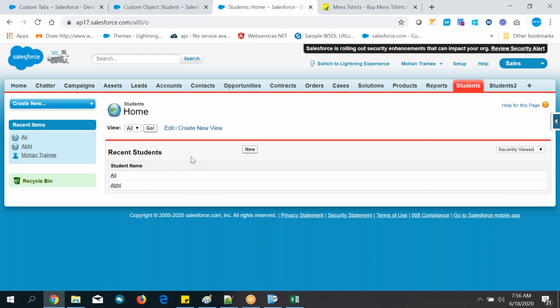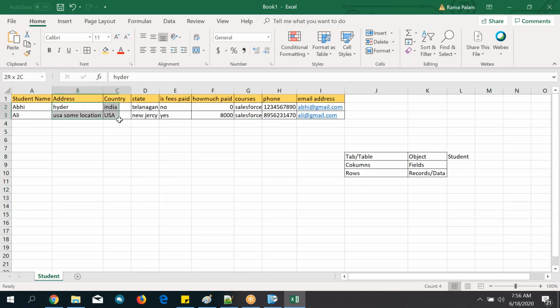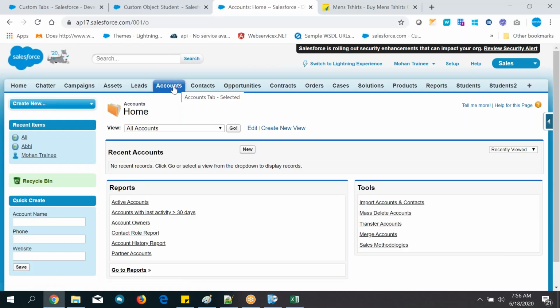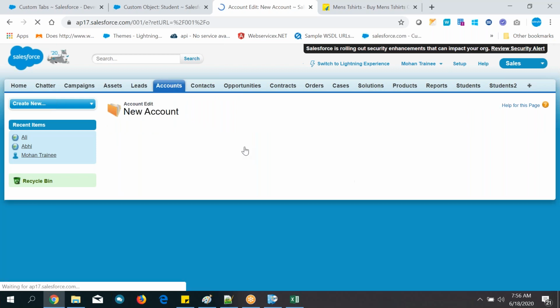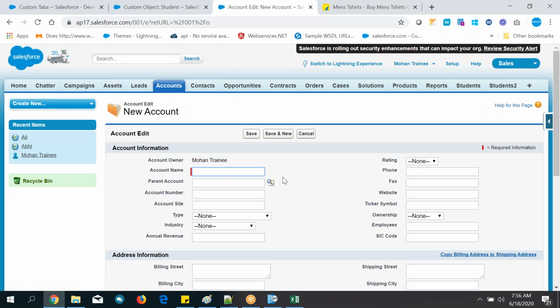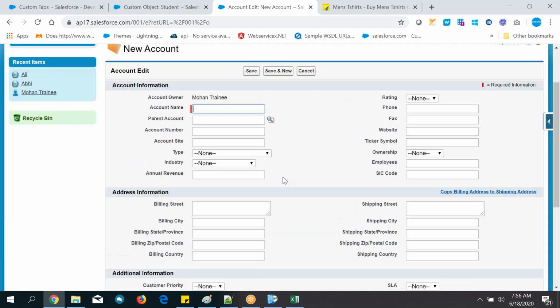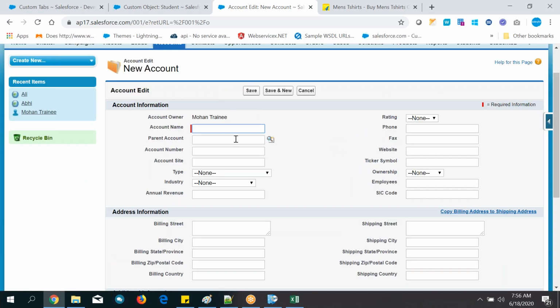Next, this is how you can create, right? So before going to other fields, let me go to any existing tab. Take one example tab. So from this, what do you understand? The account object is there and the account tab is there, and if I want to create a new record, click on the new one. We are not going to create right now. So this is one record. Understand? This is one record.